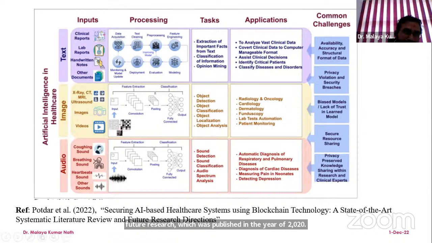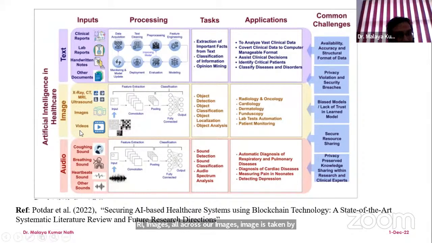If we look into this medical data, it consists of many things. One is text, which consists of clinical reports, lab reports, handwritten notes, and other documents, which are very numerous in nature. Then there are images, and many modalities are present: X-ray images, CT scan images, MRI images, ultrasound images, images taken by different types of cameras, or videos.